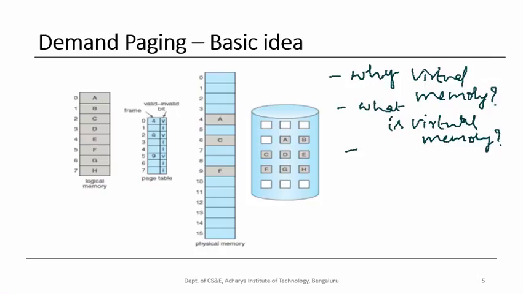Okay, and then we discussed about how this virtual memory concept could be realized with the help of a concept called demand paging. Okay, here demand paging could be pure demand paging, that is the operating system can start executing a process with 0 page associated with that process being present in the main memory, and as and when the reference to that page is made by the CPU, a page could be brought into the main memory. That is pure demand paging. But